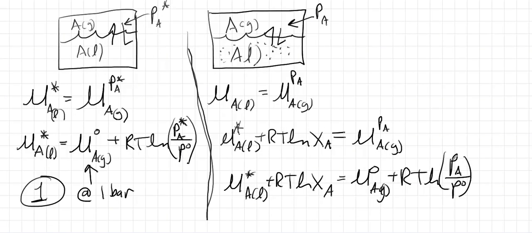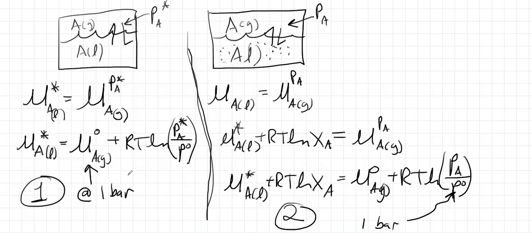Okay? So once we do this, and keep in mind, I think I emphasized this before, that this pressure P naught is 1 bar, right? This is just a standard pressure. Okay? Once we do this, we can say, hey, let's call this equation 2, and then say, what is equation